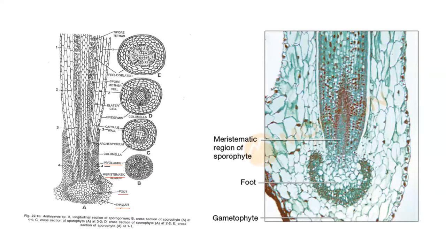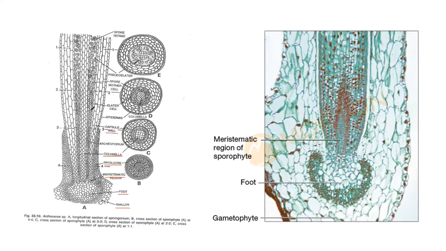The capsule is then differentiated into capsule wall, that is nothing but the outer wall. I'm just marking it over here. So there is a capsule wall. Then there is a sporogenous tissue, which is actually undergoing division in order to produce the spores. And then, very important, you can see in the center, there is a supporting columella. So there is a capsule wall, which is the outer protective wall. In the center, there is a columella, which is acting as a support.